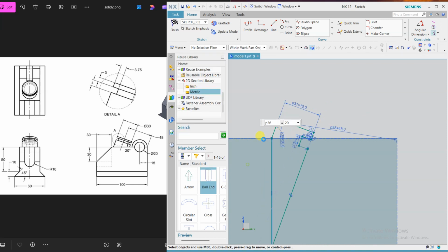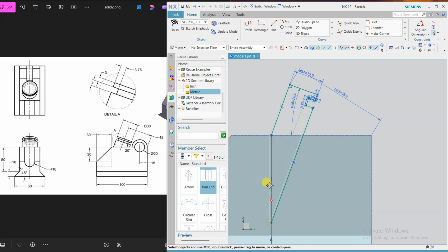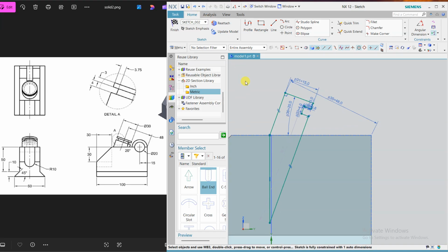Okay, drag it like this, undo it. Still we need a distance so that we can position it. Here we can define, it is defined already.